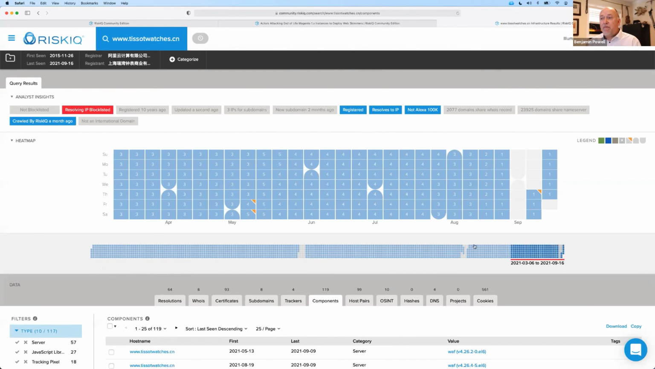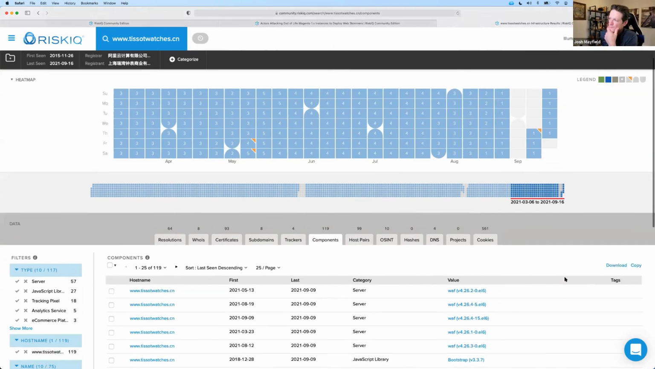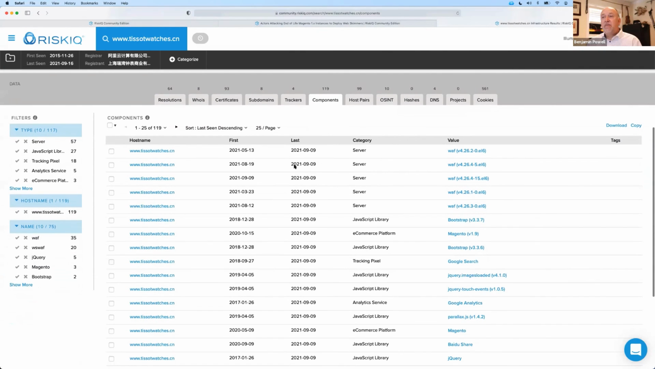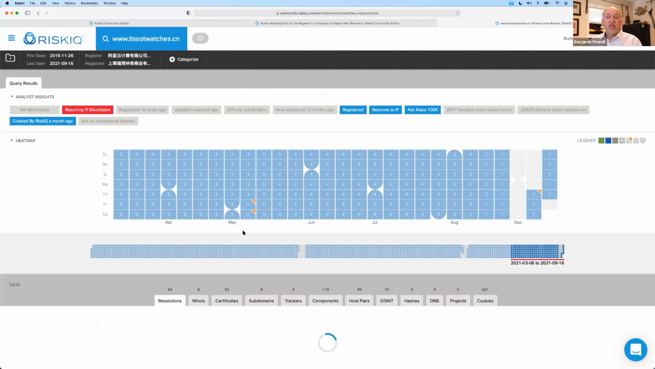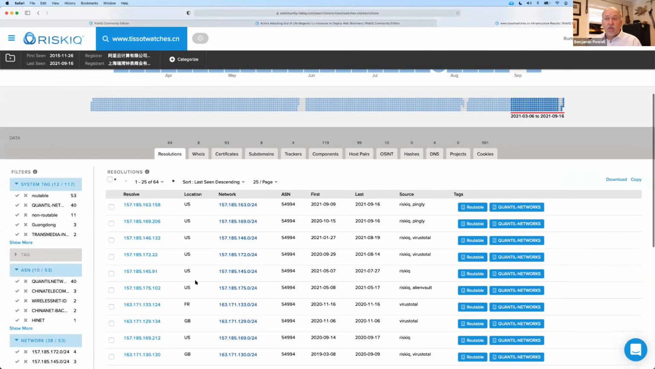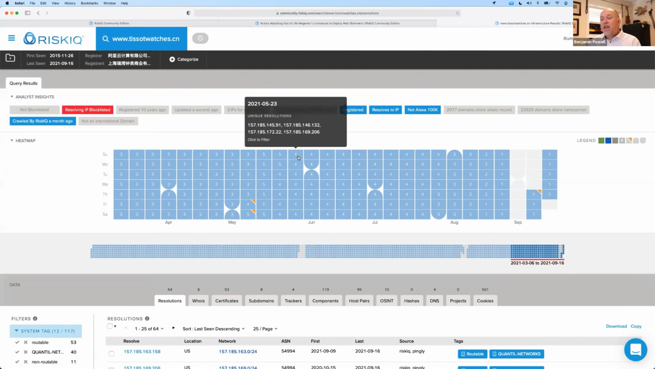Now, this bottom bar is all the data that RiskIQ has collected over time. So we have data going back to 2016 on this domain, okay? I can click on that and see that 6-month window of time. Down below gives me resolutions. I can look to see what IP addresses, where those are located, get the WHOIS. Now, the important thing to think about is,